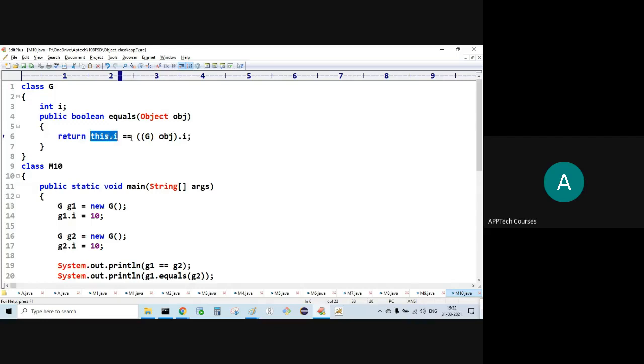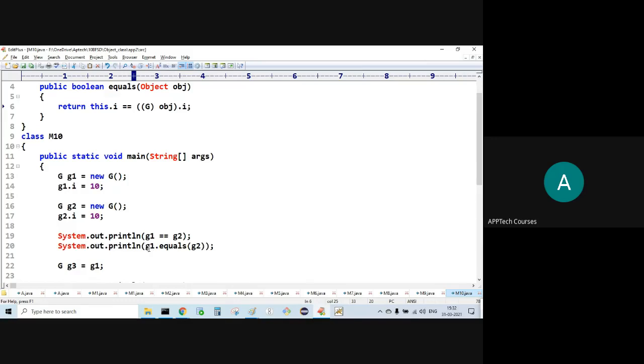These are primitive values, so if I compare two primitive values, I'll get true or false.